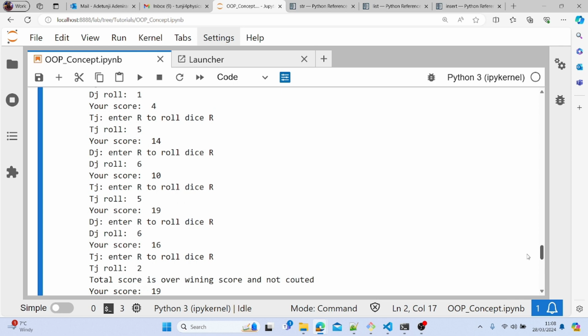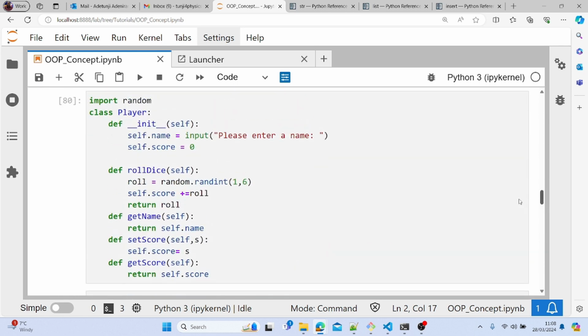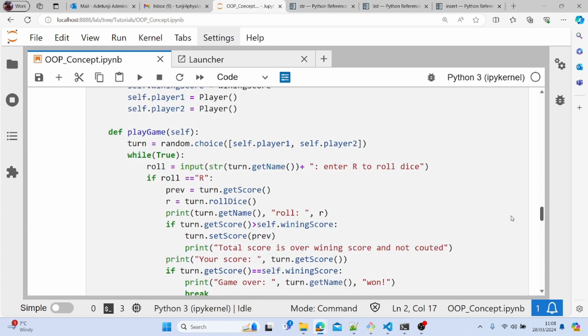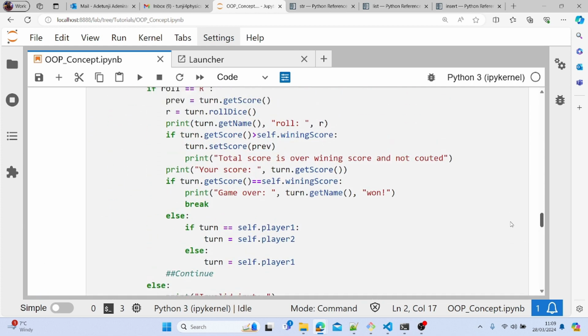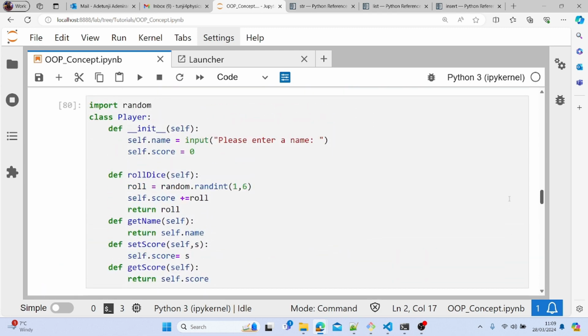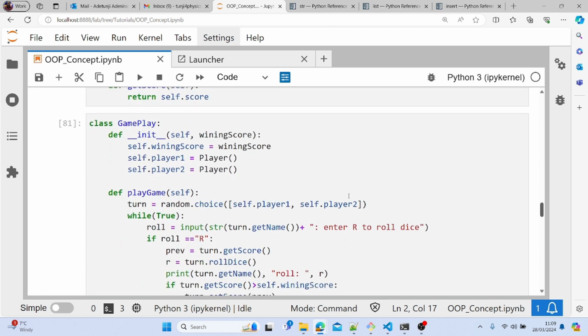You can see our dice game looks a bit interesting. So we have the player class defined, we have the gameplay class defined, and this is now working together. You can see that the player class is a variable inside the gameplay class. So the design is like we have